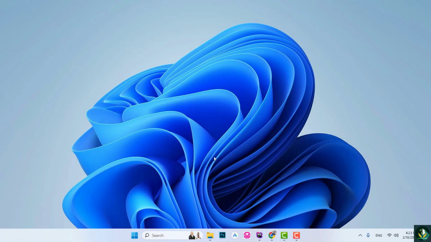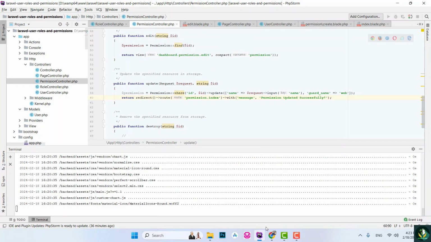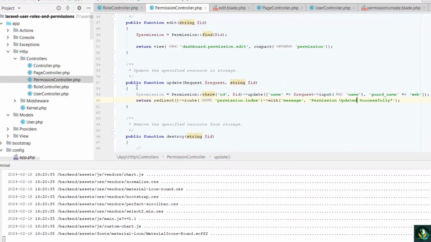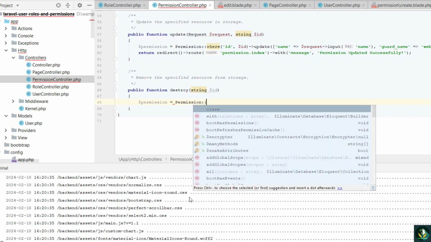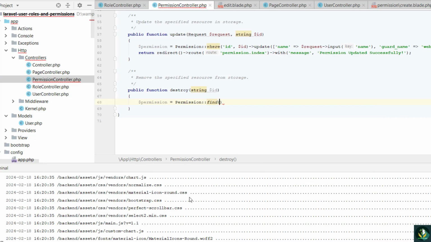Hello and welcome back. In this video we will learn how you can remove a permission. So open the text editor, and in the permission controller you will have this destroy method. So here we need to get the permission. So permission will be this one. I am getting it using the ID,